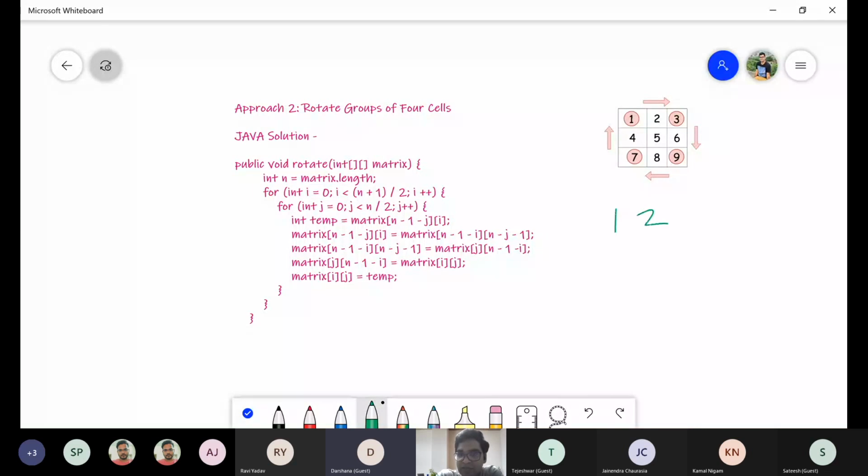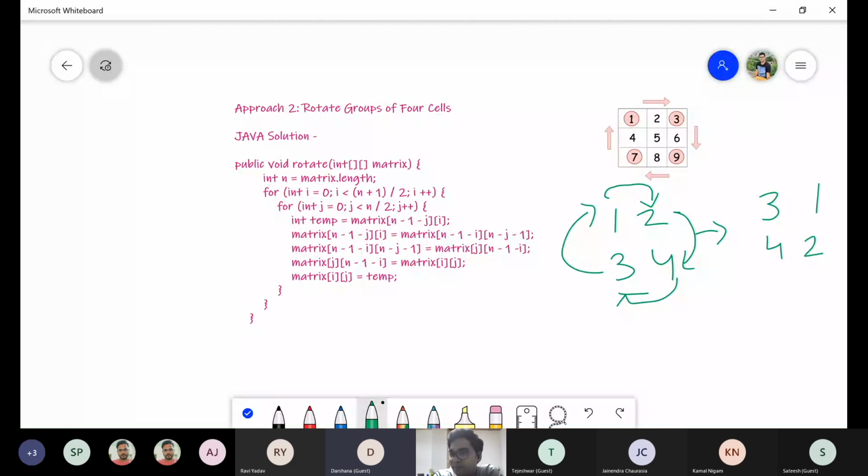So suppose this is my input array, and I need to do the swapping part. Earlier, what was our output? Output was 3, 1, and then 4, 2. This was our output, right? Now to get this output using the normal rotate logic, we need to shift 1 to this position, 2 to this position, 4 to this position, and 3 to this position. I think now everyone can visualize the solution part. Similarly, for a 3x3 matrix or m cross n matrix, you can write the similar logic.